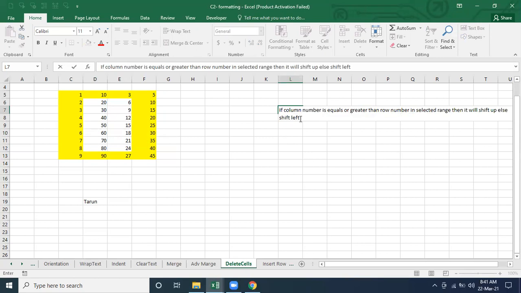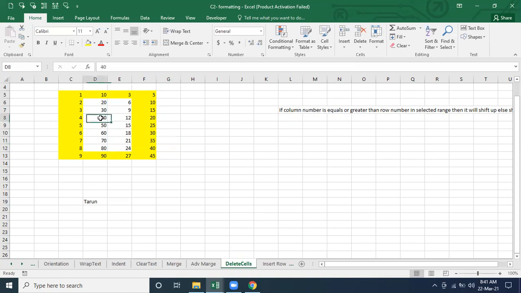So whatever range we select, in this range, if column number is equal or greater than row number in the selected range, then it will shift up, else shift left.